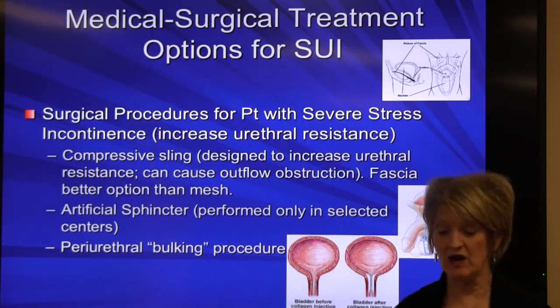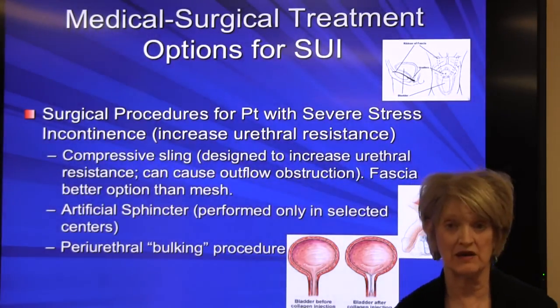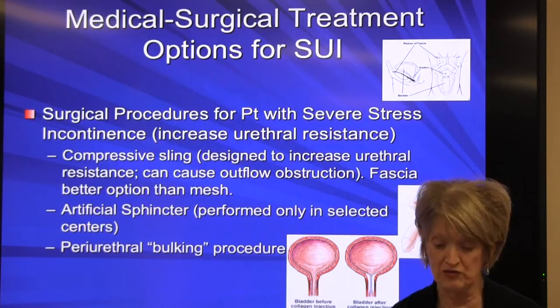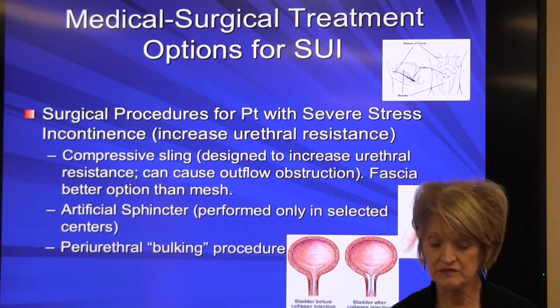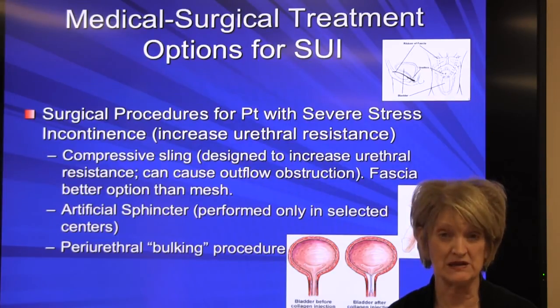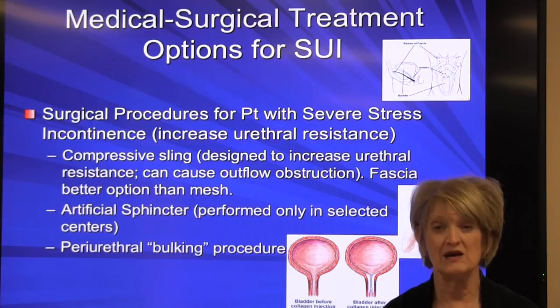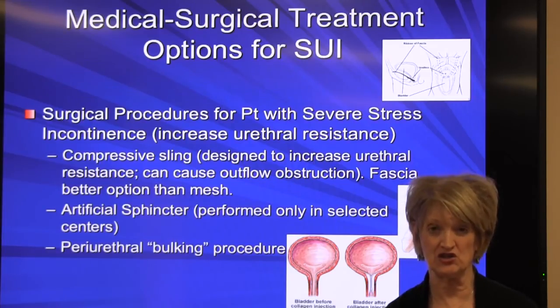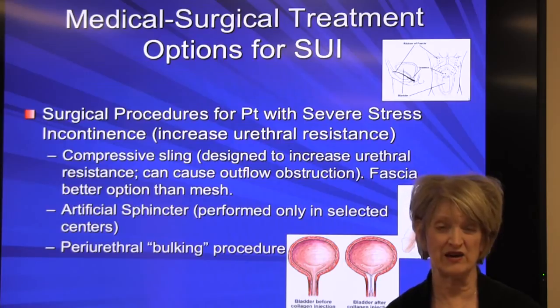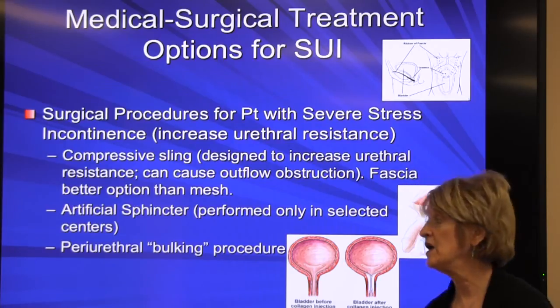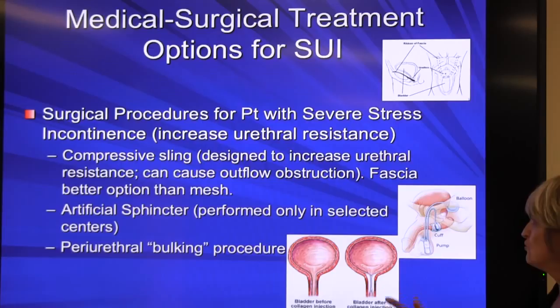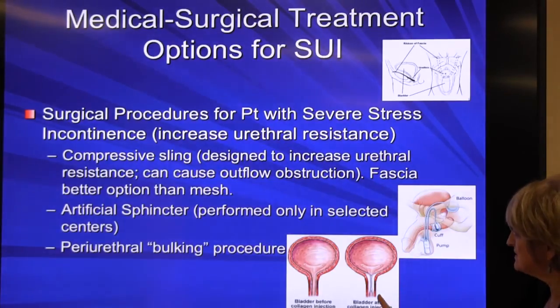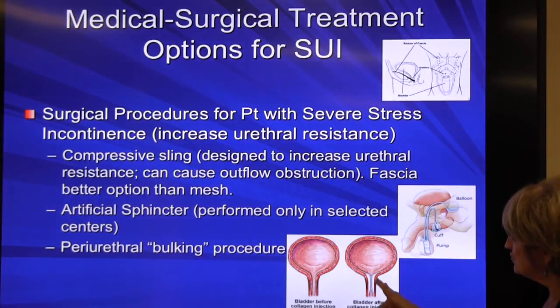This is a very complex procedure. It's generally effective for both men and women, but it involves placement of a cuff, a reservoir, and a pump, and the connecting tubing. So infection's a potential issue, rejection's a potential issue, and so it's only done in very select centers. The third option is periurethral bulking, where you go up through a cystoscope and you literally inject the